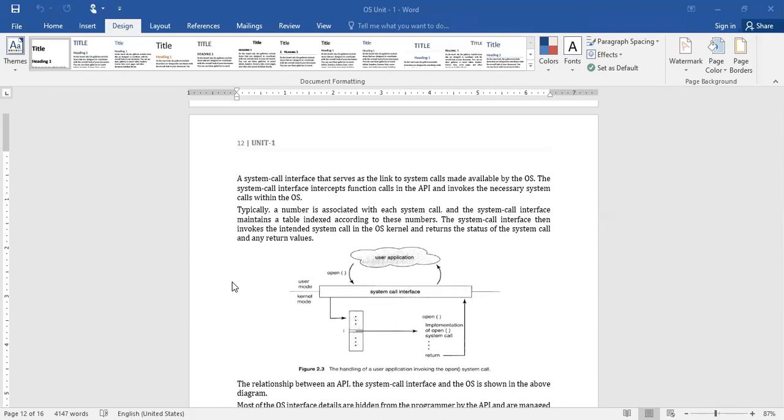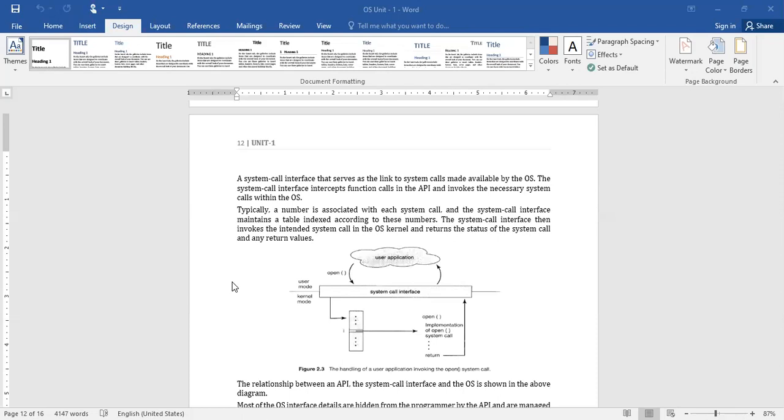That means, taking the same example, the user application. Let us assume that I am the user and I am going to execute a C program. As far as I am concerned, I am executing my C program, for which I have written my instructions for the output I am expecting in the C language. But in order to execute your print statement, it needs to use the services of an output device. That is not possible for your C program itself.